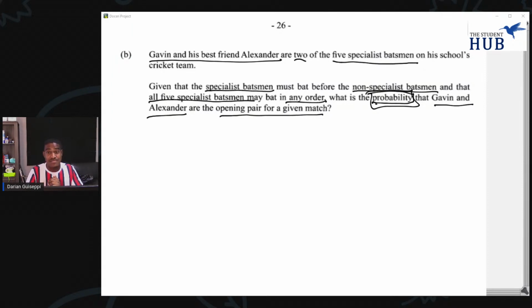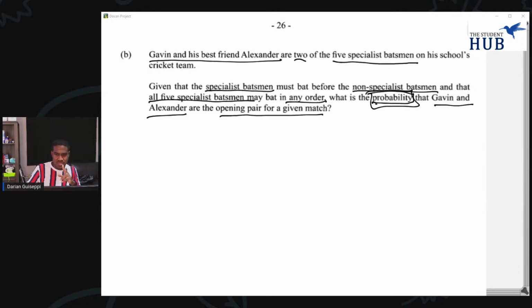So, probability. This question involves probability. That is the key thing here. Probability is the number of favorable outcomes over the total number of possible outcomes, or the number of desired outcomes. In this case, the desired outcome is they want to find out Gavin and Alexander opening on a given match. So what I like to do first is, if you look at this question, it is with regards to